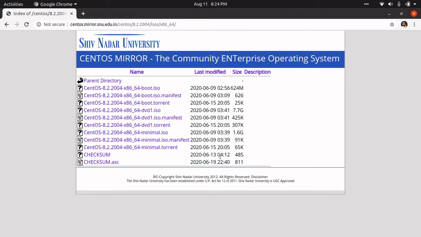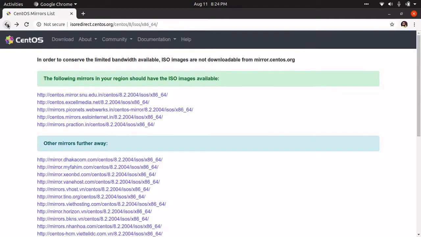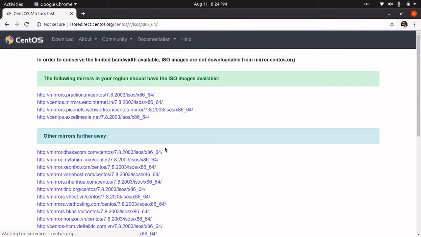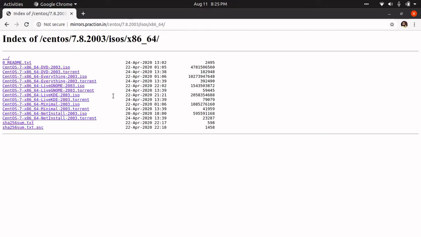It will show me the ISO size here. If you see the size, the ISO would be around 7.7 gigs, which you can download depending upon your network bandwidth. But let's say if you don't have the bandwidth, you can prefer to use a lower version where the size would be less when compared to version 8. So you can download any of these versions.